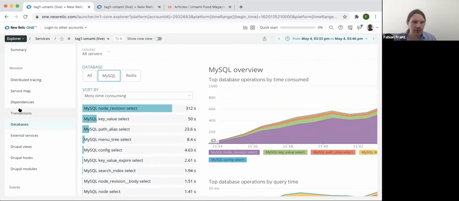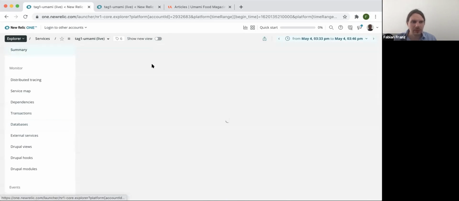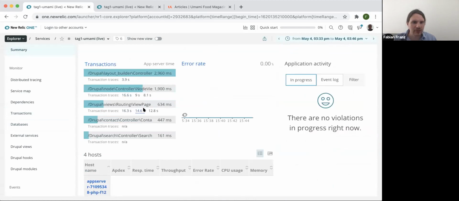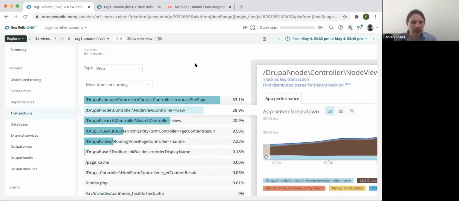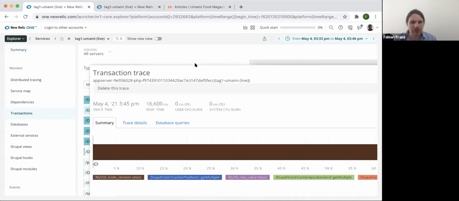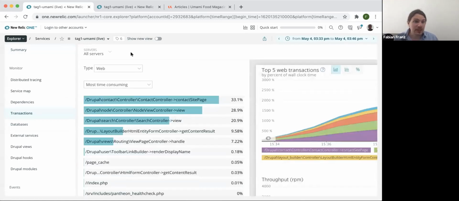And we look at the transactions within this time frame. In summary, we see here we did not yet have those crazy requests, just 16 sections. And we could check again, but it's probably just node revision again. Yeah, node revision select. So this is where we stop essentially, because we need to fix this problem first and then we can continue.